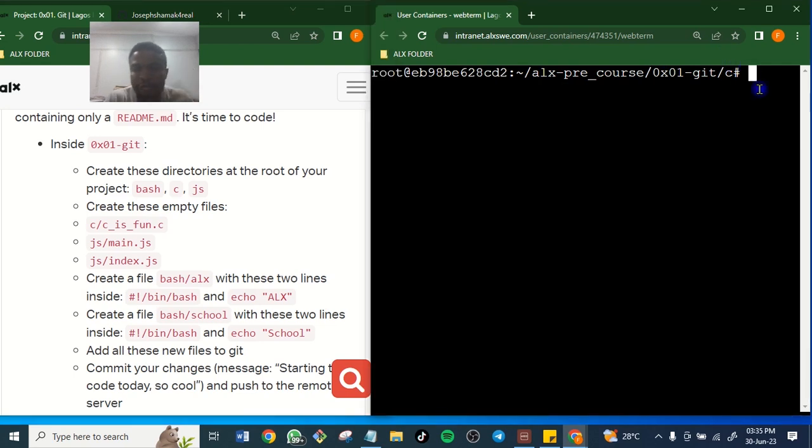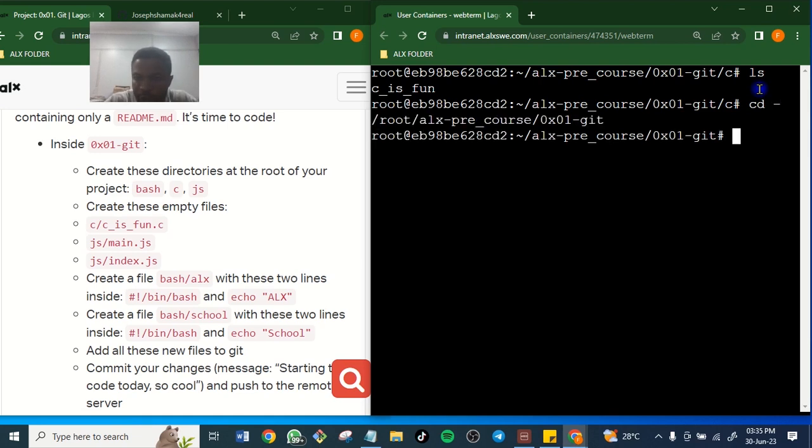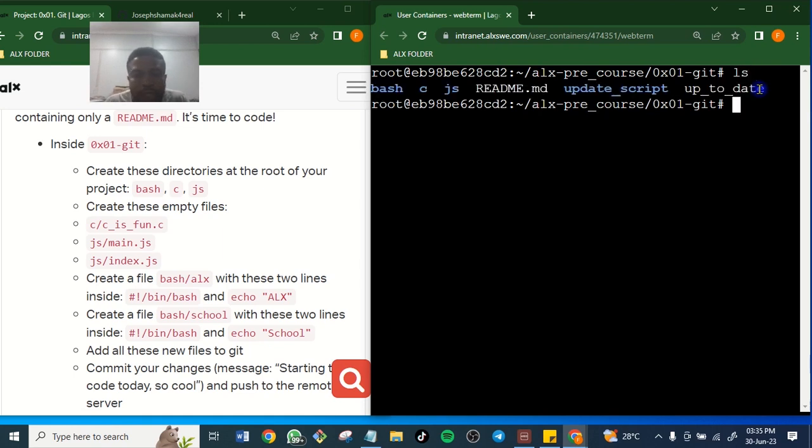Okay, you start using many methods like ls. When you say ls, you are not going to find it. Sorry, I'm already in C. I just see it now. Let me go out of C. Okay. Now I'm back to my normal working directory. ls. See, there is no way you can find this file in this place in your directory. So you have to cd into what? cd into C by saying cd C.